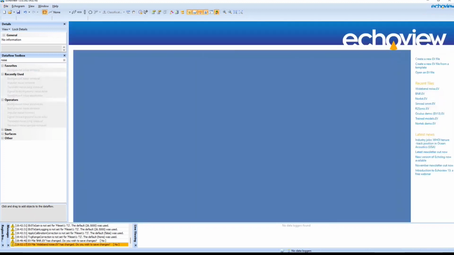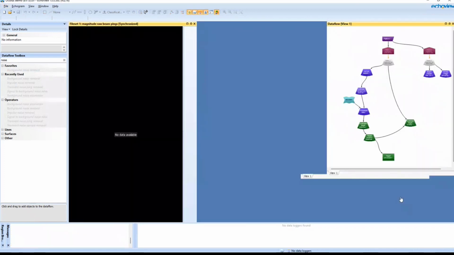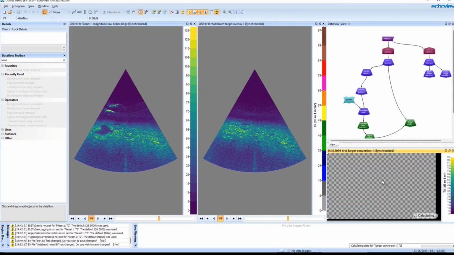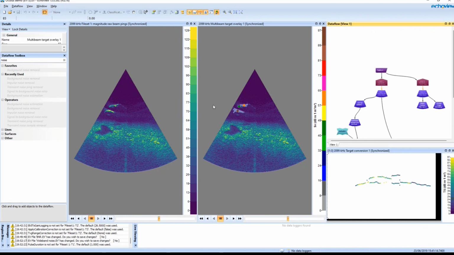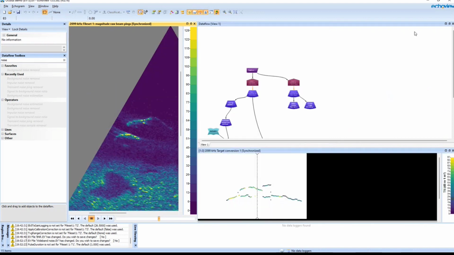Okay, and finally, we'll have a quick look at the X by Y by Z statistic operator, which I actually had in one of my earlier EV files. That was the Oculus demo. With most data processing, but especially with multi-beam data processing, when you're detecting targets, data smoothing is a really key first step, just to remove and blur out and soften out some of that noise that can make objects hard to detect. If I zoom in on these fish here,